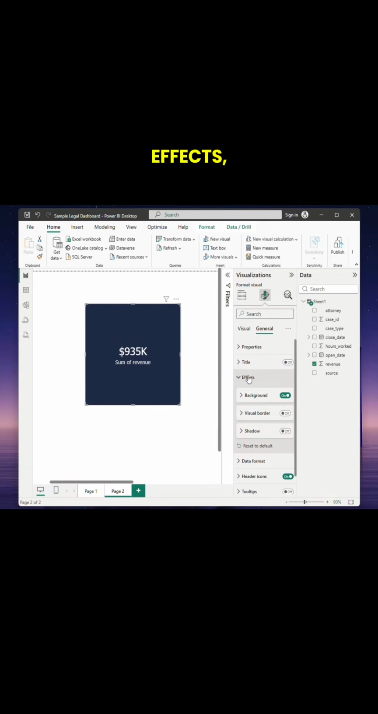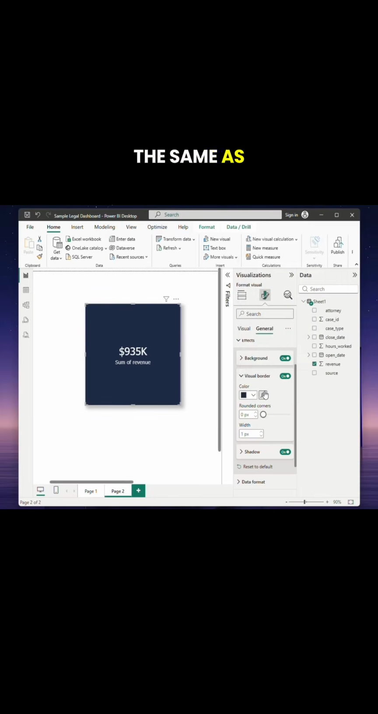Under General and Effects, I'm going to turn on the shadow option. I'm also going to turn on the visual border. I'm going to make the border color the same as the color of the card, and I'm going to round the corners as much as possible. Just these few slight changes